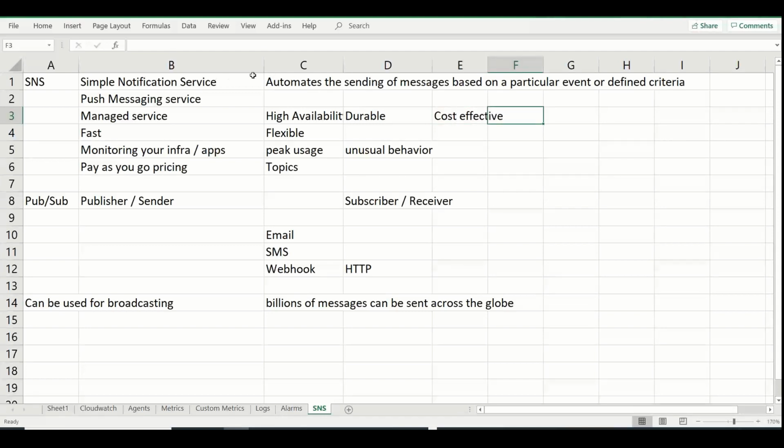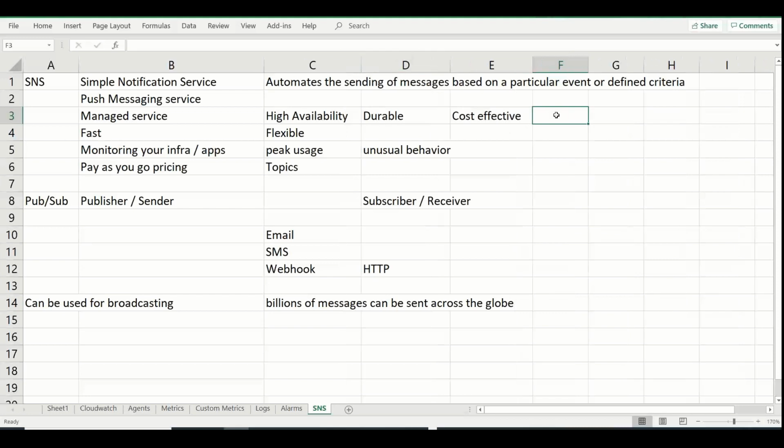As with any other managed service, this also has all those features: high availability, durability, cost effectiveness, secure. And then it is also very fast. As I told you earlier, it's fast and flexible. So it can be used for different service models, and it gives you a very high throughput. It gives you many to many messaging. The control plane or the orchestrator has given it a very high throughput. You can also send many to many messages, and you can also send it to